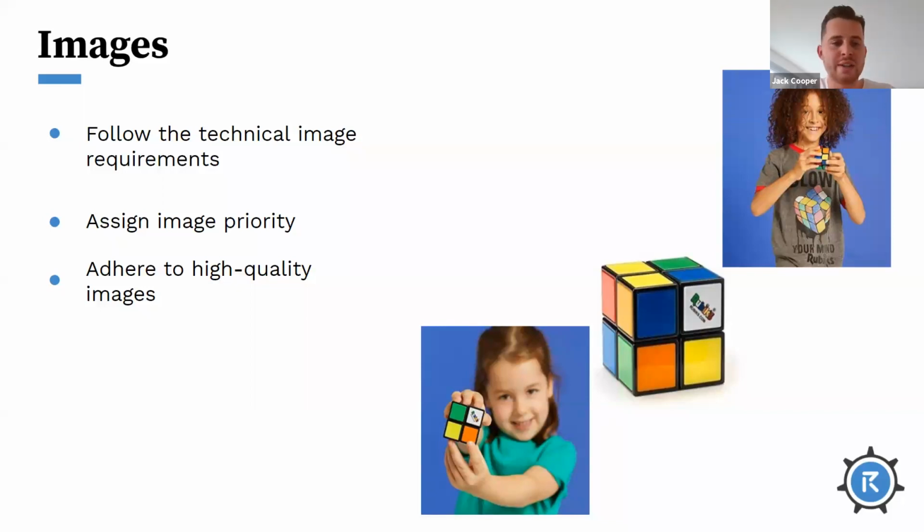Finally, on the images side, images are essential. I know personally, as an avid Amazon shopper, as I'm sure everyone else here is, I will land on an Amazon listing and I'll be looking at the images and the reviews and the title. Probably 70% of my time, I'll make the decision on that alone. And then depending on the price of the product, I may look at the rest of the listing following that. Now, it's really important to get these right.